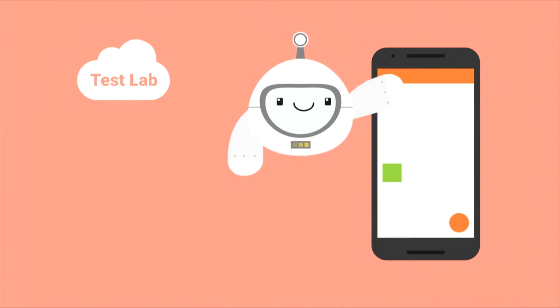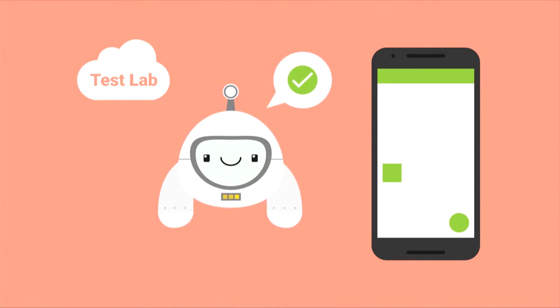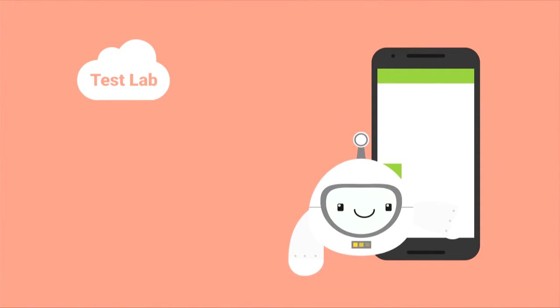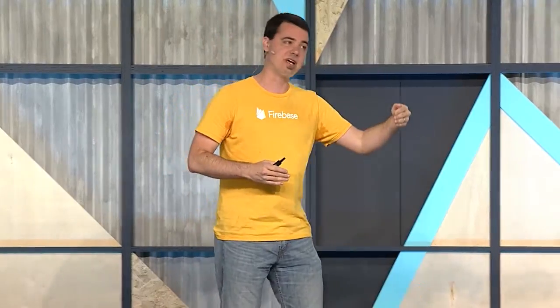Now, if you're not into writing unit tests, and who is? Writing tests isn't fun. You can also have an automated test crawl your app for you. And we call this a robo test. Now, this little robot here, there's no actual robot poking and prodding your app. This is sort of like an artist's imagination of what a robo test is like. But with a robo test, what happens is we have software that looks at the UI widgets in your app and fills in text fields, pushes buttons, selects drop-downs, goes through menu items. It tries to discover everything in your app. And if there's a crash, you'll know about it. It also takes screenshots along the way so that you can know that everything is rendering properly on the set of devices you selected.